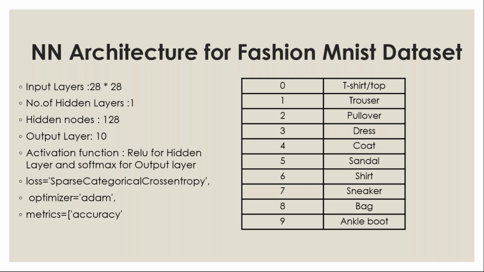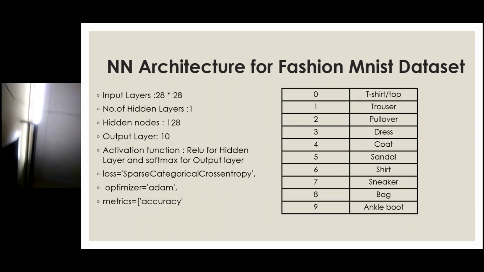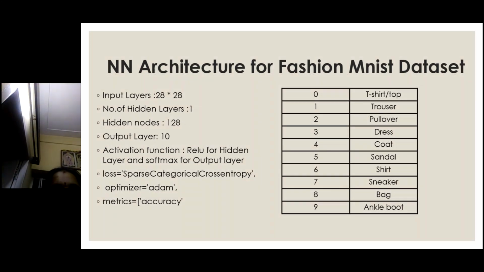And the same thing for hidden nodes. We discussed in the last session how to fix a hidden layer. You have thumb rules and some mechanism, right? Based on that, you have to select 128 hidden nodes. And now the activation function. I already told you what ReLU is. ReLU is for the hidden layer, right? And now see here, softmax. Softmax is for the output layer. I already told you in the previous session what softmax is.